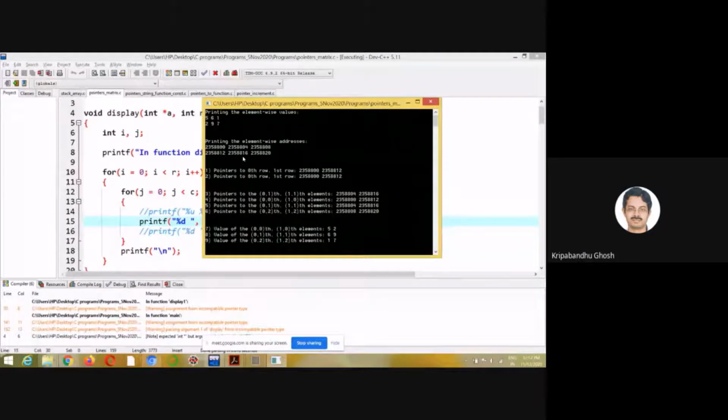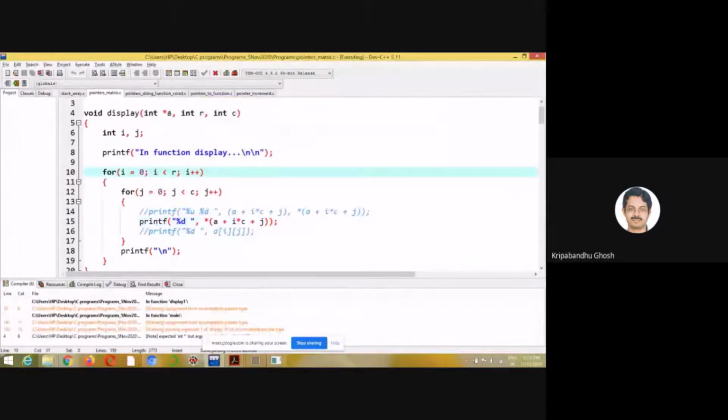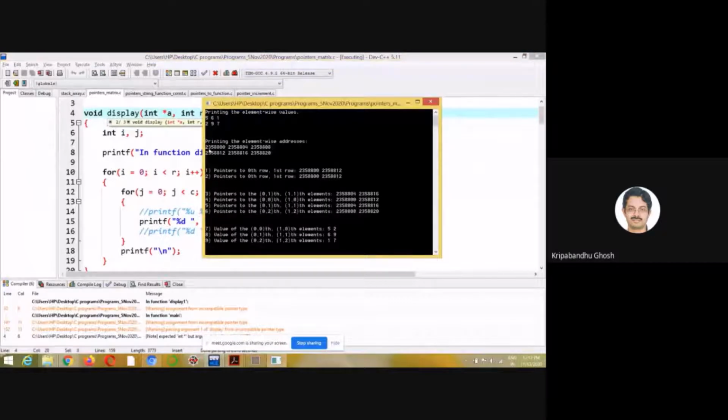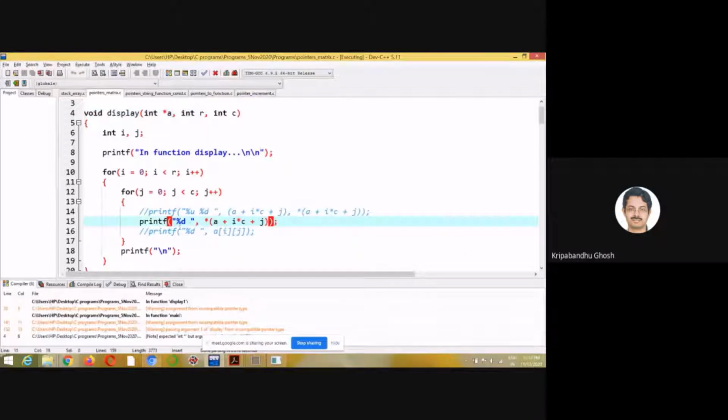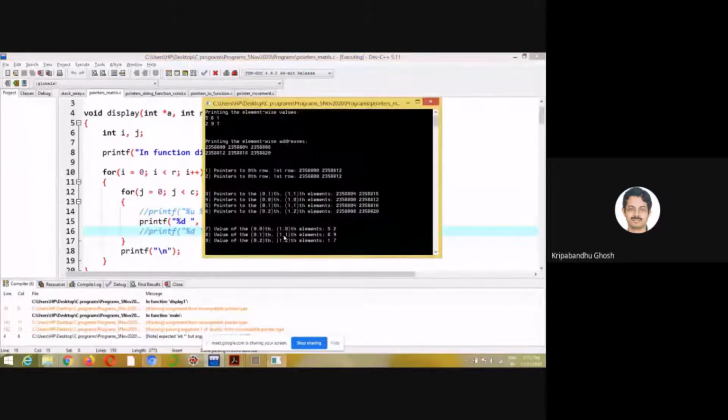So you have to do some tricks to be able to do this. But you see that this establishes the fact that this is no different from a one-dimensional array. If you use an array, you cannot do this using the conventional notation aij. But that's the beauty of pointers.